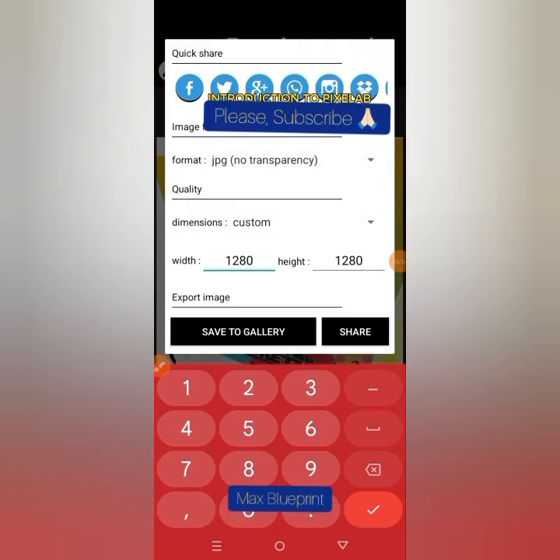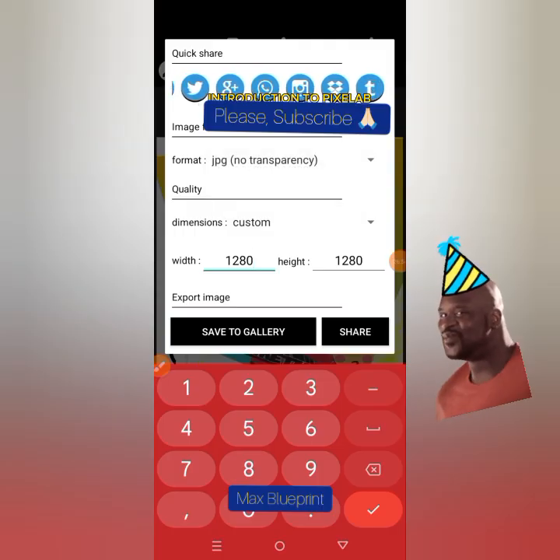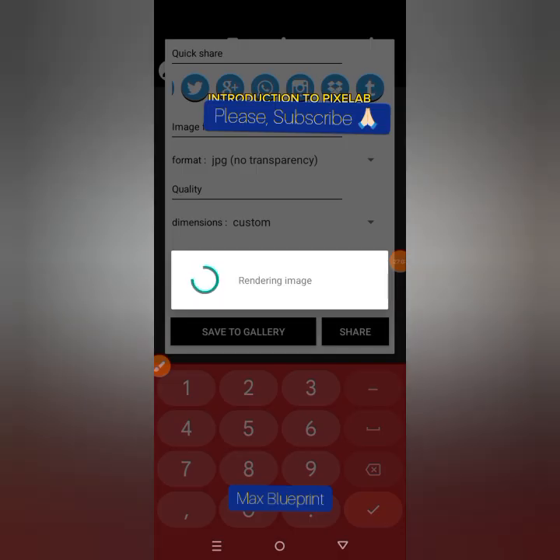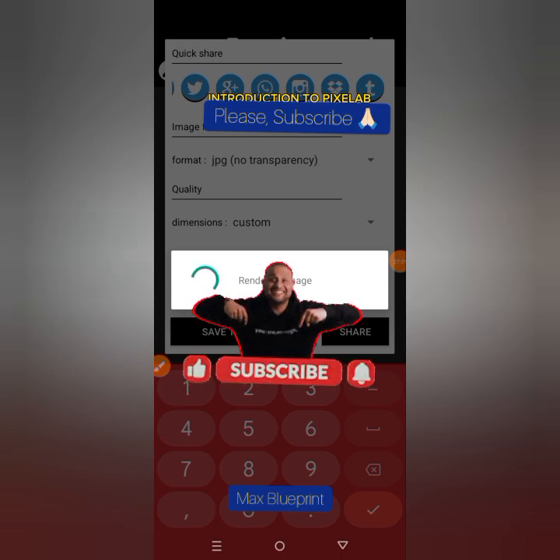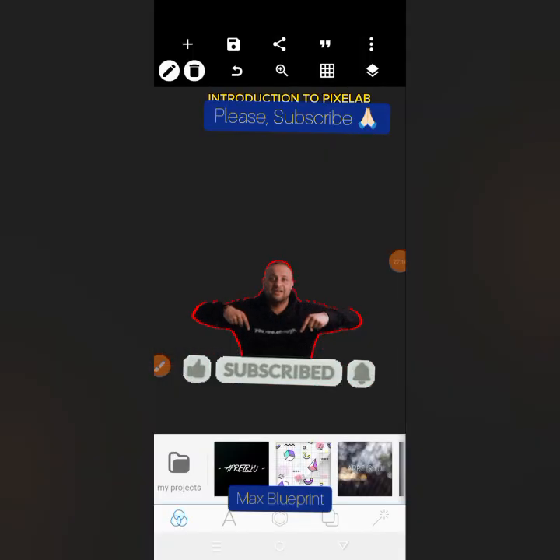You can also share it quickly without saving. You can share it to WhatsApp, Instagram, Google+, Twitter, or anywhere. Then you tap on save to gallery and it will be saved to your gallery immediately. Now let's wait as it's saving. So now that it has been saved,